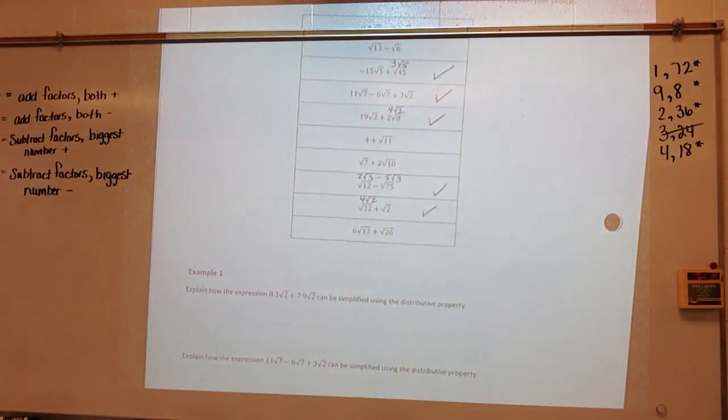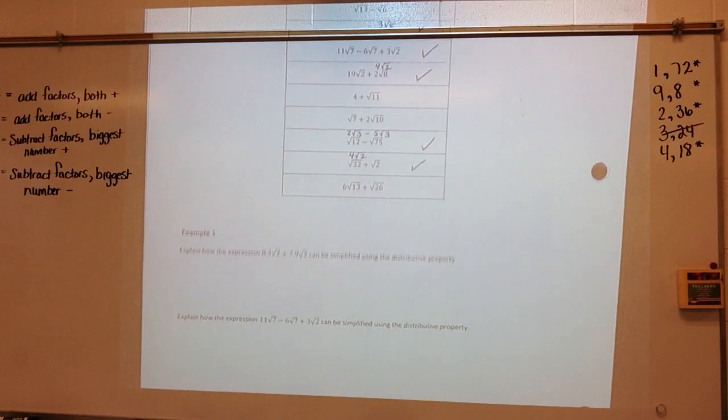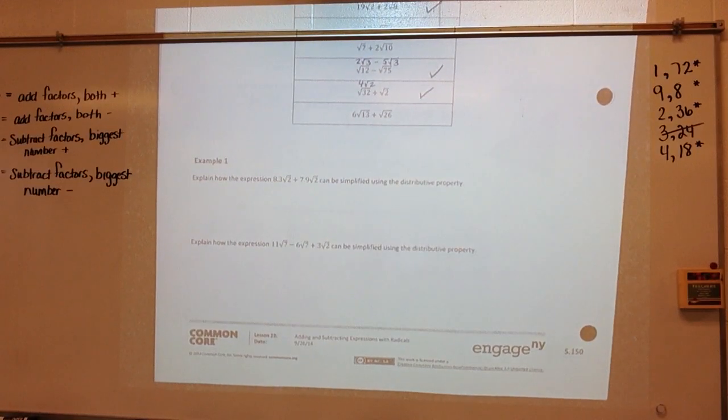Alright, so let's look at some of these examples. Example number 1 has been taken out of what we just did. So let's look at this. Explain how the expression 8.3 square root of 2 plus 7.9 square root of 2 can be simplified using the distributive property. Well, just like I explained to you a few minutes ago, I can pull something that they have